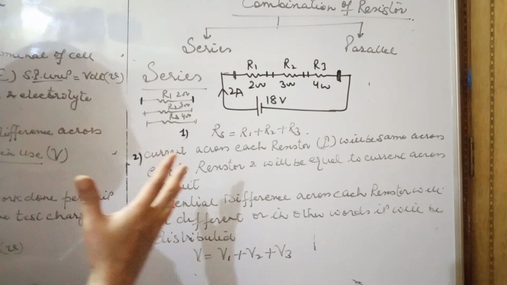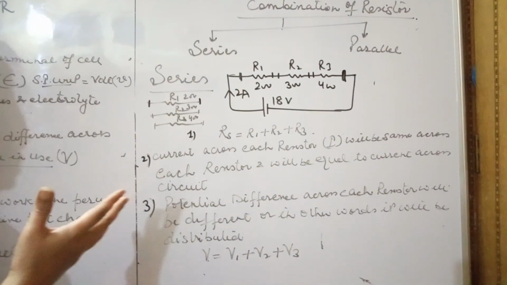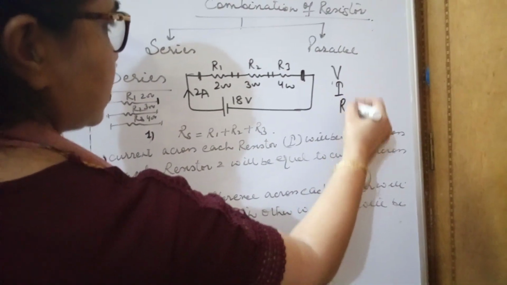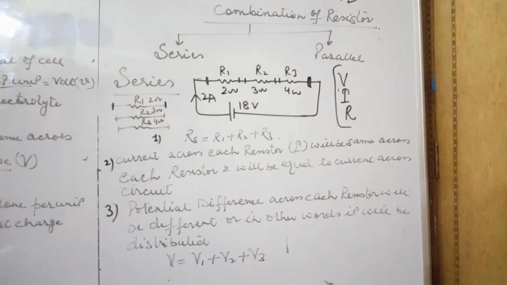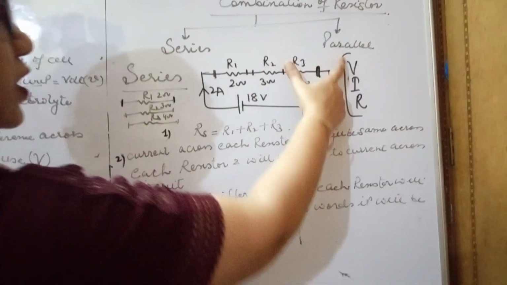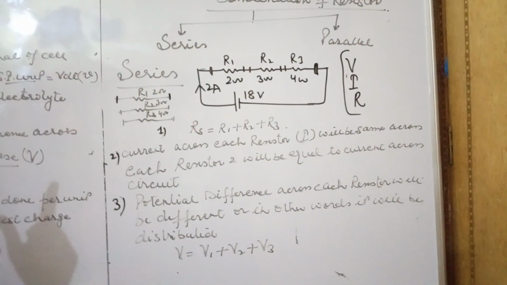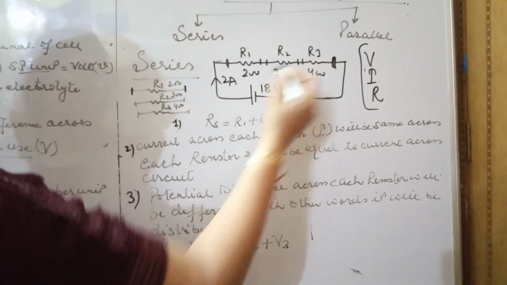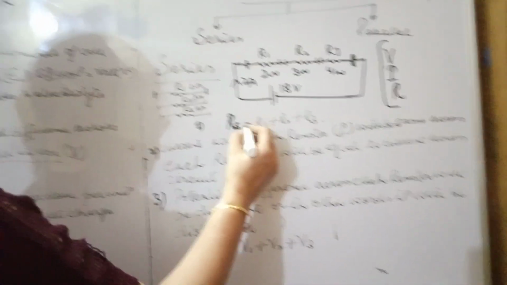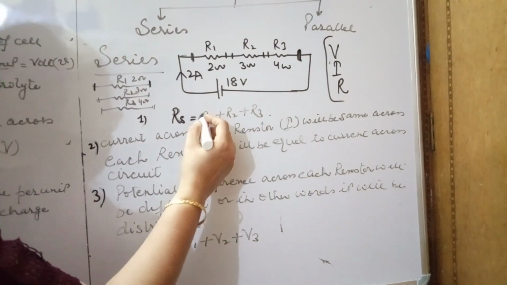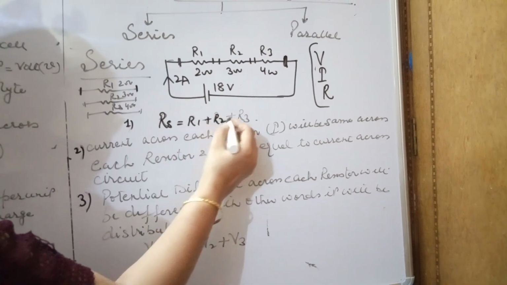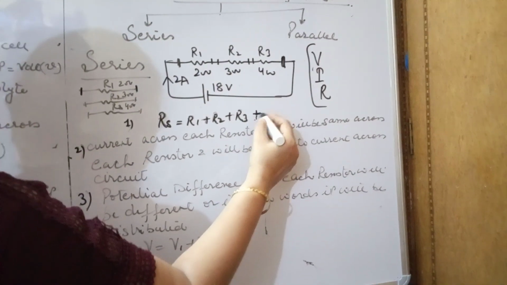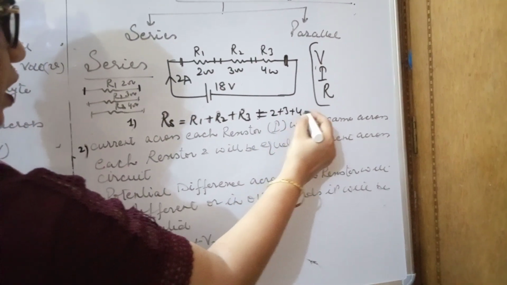Now the main important thing: when you study any arrangement, you have to study all these three things. Ohm's law uses all these three variables. So we will do a detailed study of V, I, R in one arrangement. As concerned with series, firstly I will tell you how to find the total resistance. Series we will symbolize with Rs. Simply sum up all the resistances. Very simple. R1, R2, R3 and the answer is 2 plus 3 plus 4. Answer is 9 ohm.